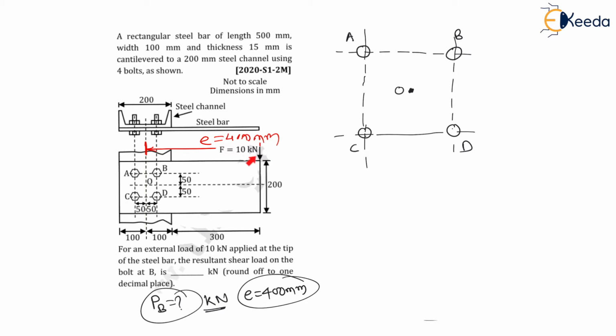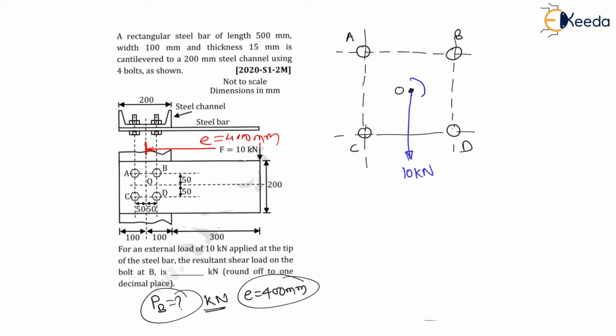Now my dear students, can you imagine that this force of 10 kilonewton is trying to rotate this steel bar around this plate. Therefore this force F is creating torsional shear stress, and I can also transfer this force from this location to O. Now from O the force is 10 kilonewton. The procedure to transfer this 10 kilonewton to O: I can transfer the 10 kilonewton as it is, but along with it we have to transfer the moment created by this force about O, and the moment created will be 10 into 400, right?